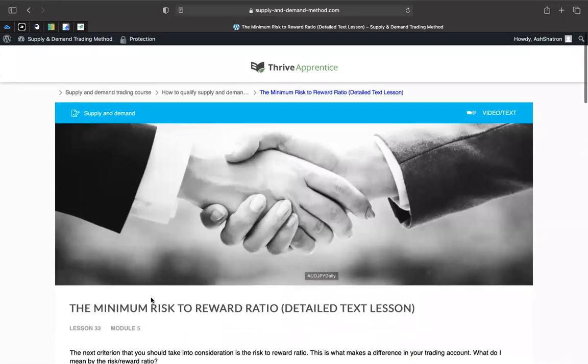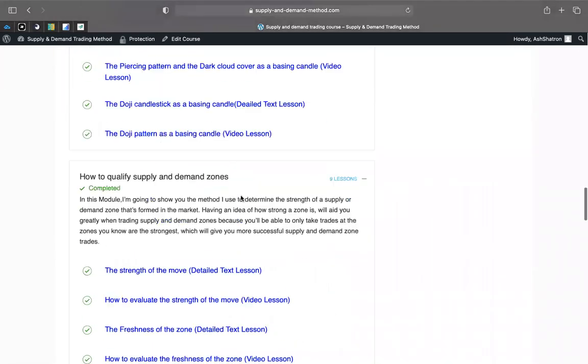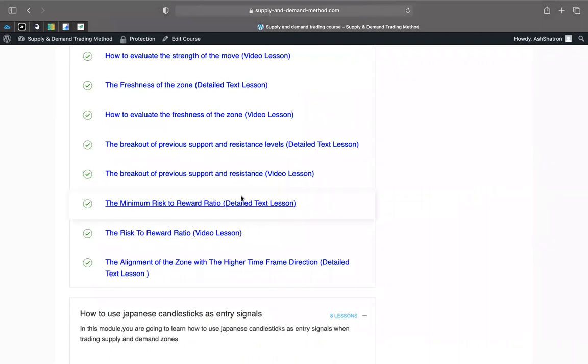All right. From this side, let me see if there's anything that we have to go through. Okay, so yeah, I'm just going to explain this. It says the minimum risk reward. So basically, what this is saying is